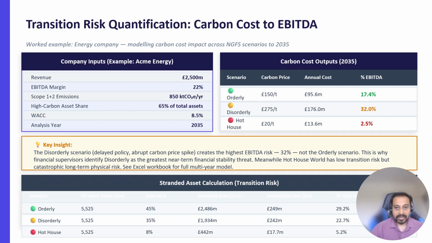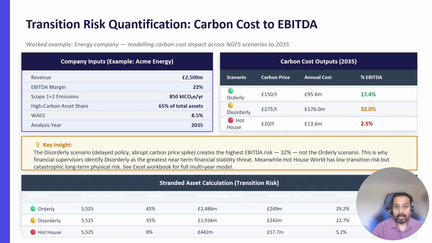The company is Acme Energy, which has 2.5 billion in revenue, 850 kilotons of scope 1 and 2 emissions, and an EBITDA margin of 22%. As per the NGFS scenarios, as I mentioned in other modules, these are the different scenarios, and they are very relevant to financial institutions. So under the orderly scenario, a carbon price of 150 per ton by 2035 is assumed, based on the data available in the market,